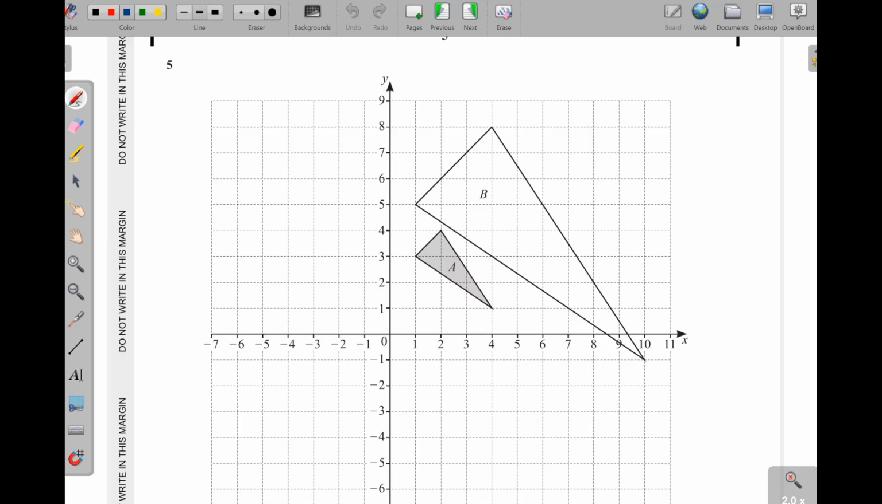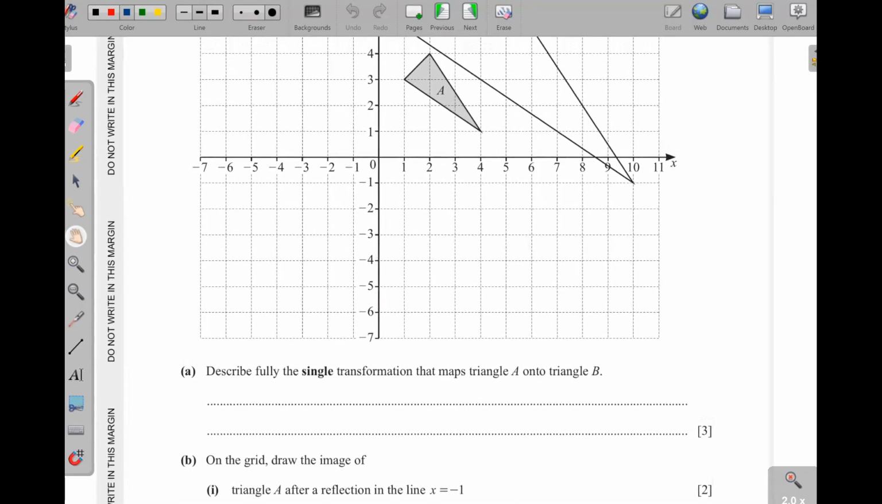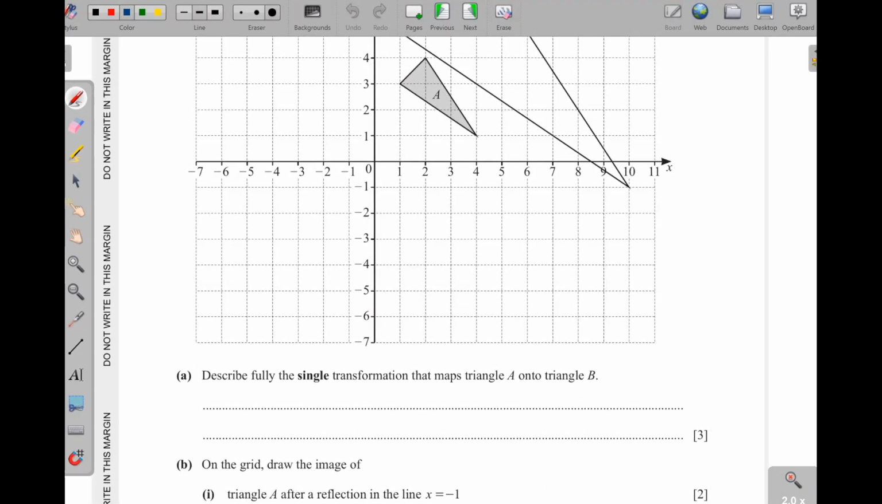Question 5 is coming from transformations, and in IGCSE here we look at enlargement, rotation, reflection, and translation. Now part A, they are saying describe fully the single transformation that maps A onto B. I've already said that whenever they give you such a question, you look at the number of marks they have given. If the marks given here are 3, then you think about enlargement